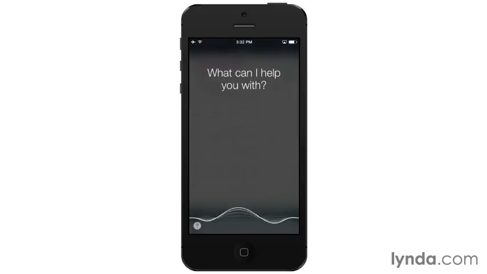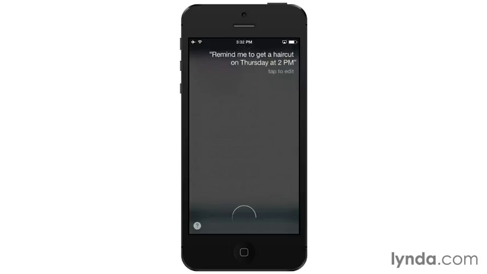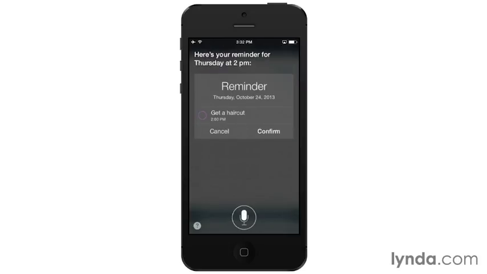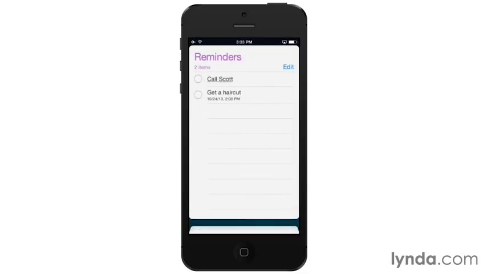Remind me to get a haircut on Thursday at 2 p.m. Here's your reminder for Thursday at 2 p.m. Shall I create it? Yes. Okay, I'll remind you. Now if I go back into Reminders, notice Get a Haircut shows up, and it gives me the date and the time that I'm supposed to do that. Similarly, I can also say something like,